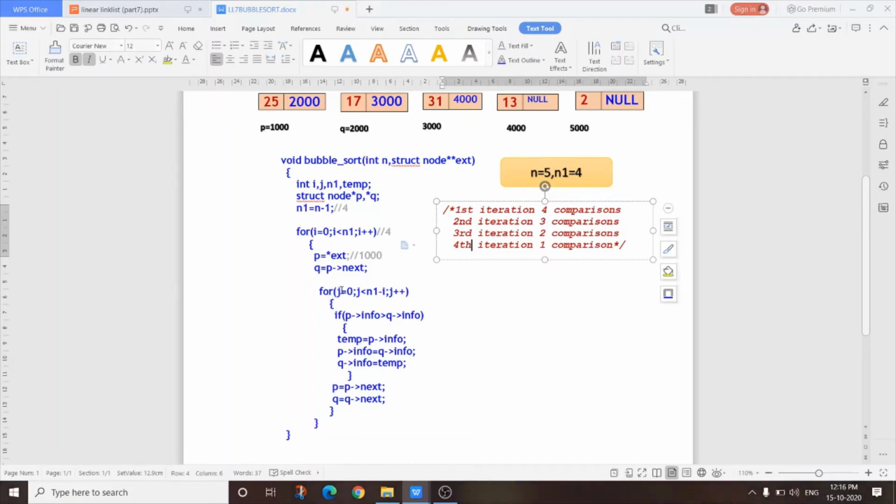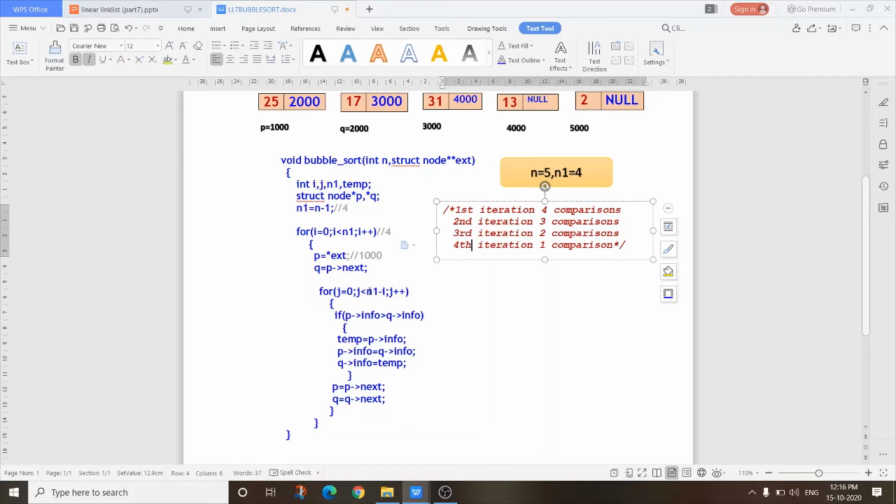For the inner loop, j starts from 0, j less than n1 minus i, j plus plus. What is n1? N1 is 4. So when the value of i equals 0, how many times will this loop execute? n1 minus i means 4 minus 0, that is 4.